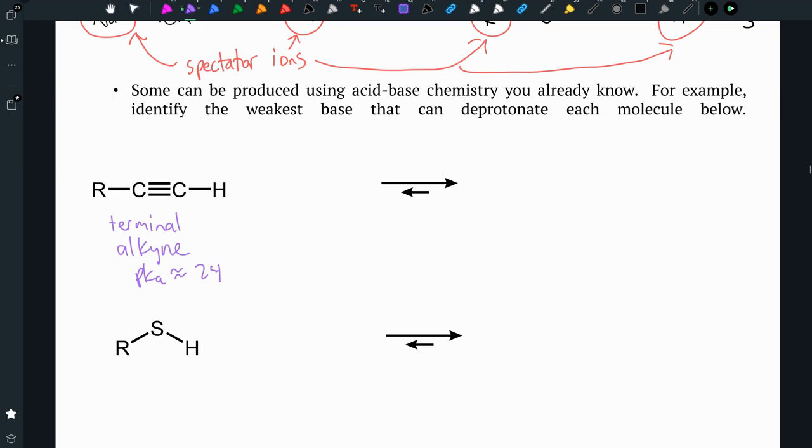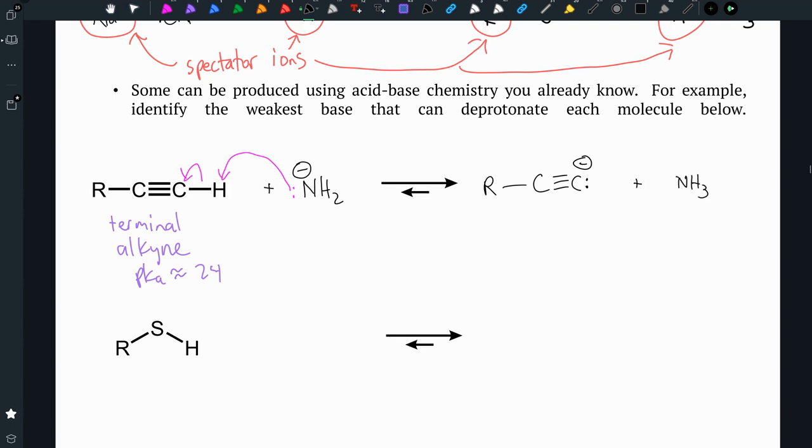So it turns out if you go to your pKa list and you look for what's above 24, we can use NH2 minus as a base. That will do an acid-base reaction to make this acetylide ion